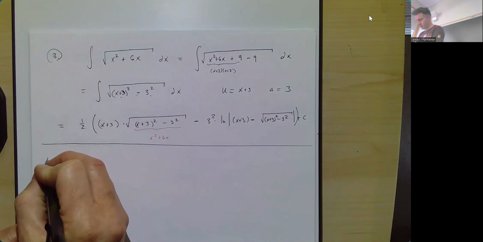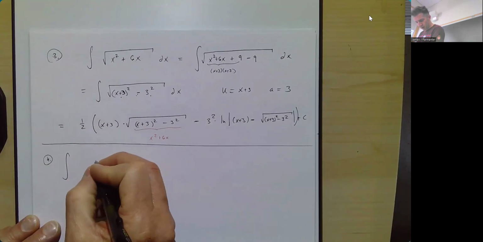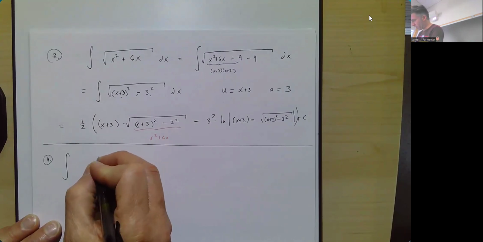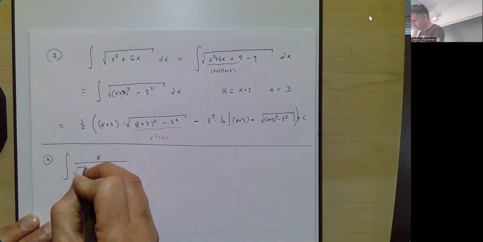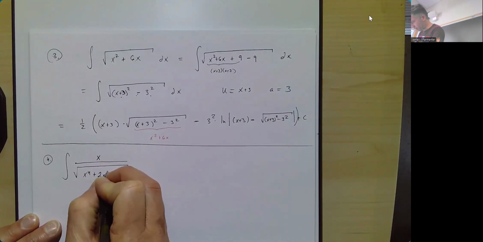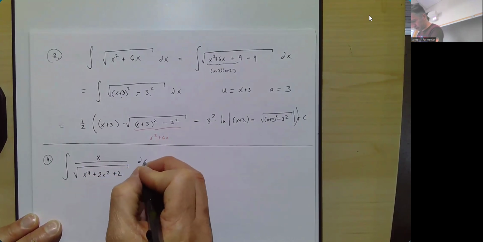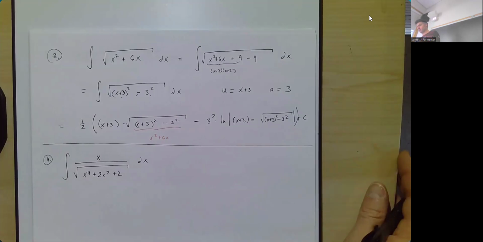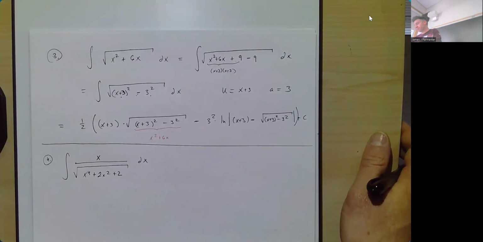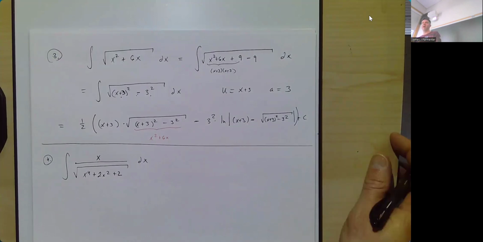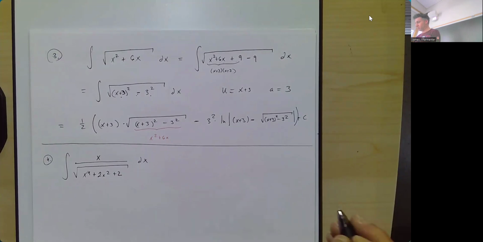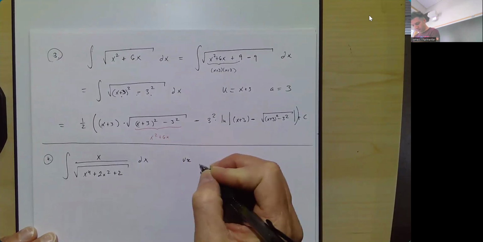Let's say we want to find the integral of x over the square root of x to the fourth plus 2x squared plus 2 dx. So what I would point out here, let's say they gave you this problem and they told you which formula to use, and we know we want to use the formula that